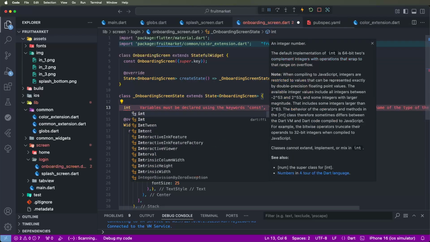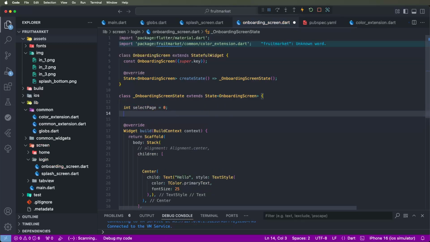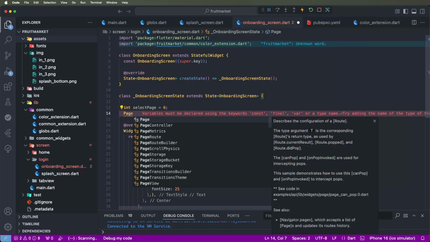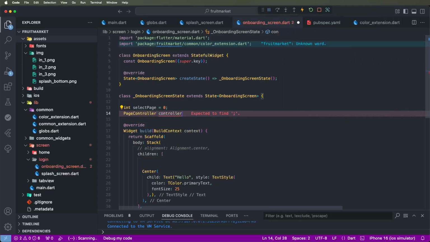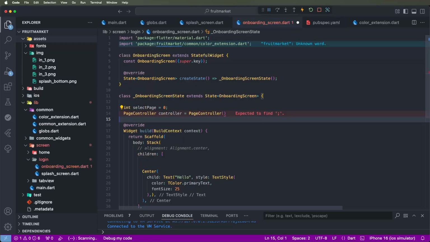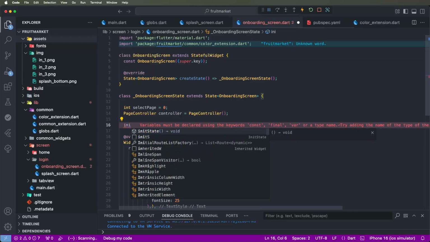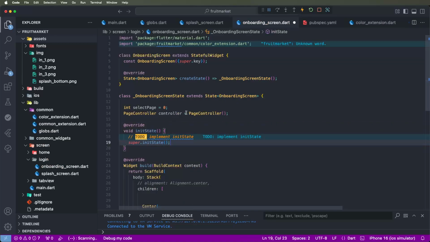Need to write down here the init state, select page is equal to, need to set this here the 0, and we need to write down here the page controllers, and we need to set here the controllers. We need to declare here, and we need to set this here the page controllers like here, initialize for this controlling here like setting here for these controllers. Now need to write down here the init states. Need to set here the optionals is good